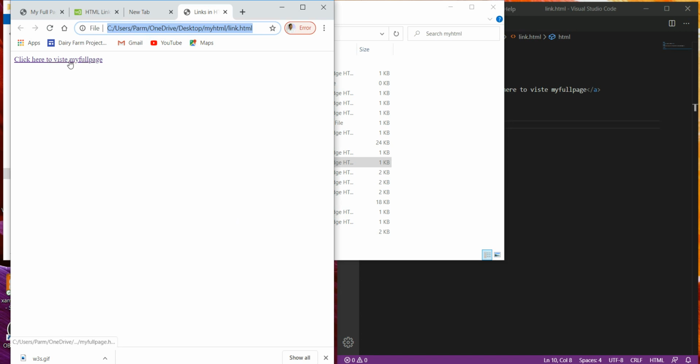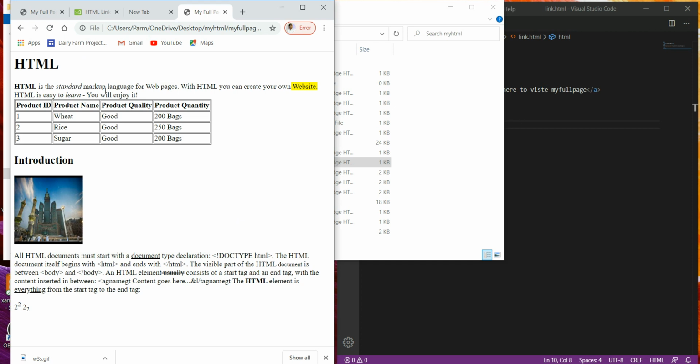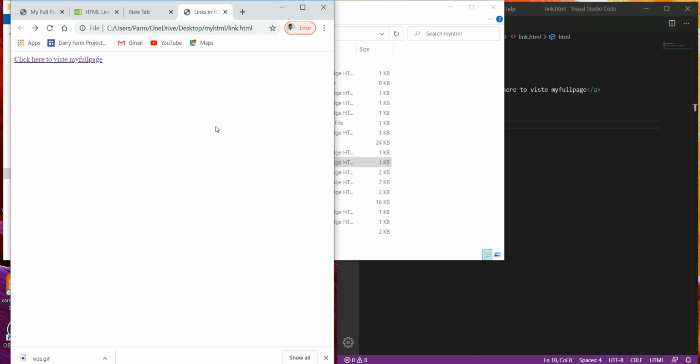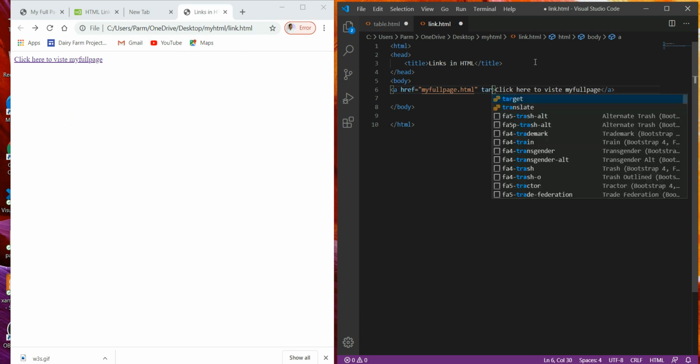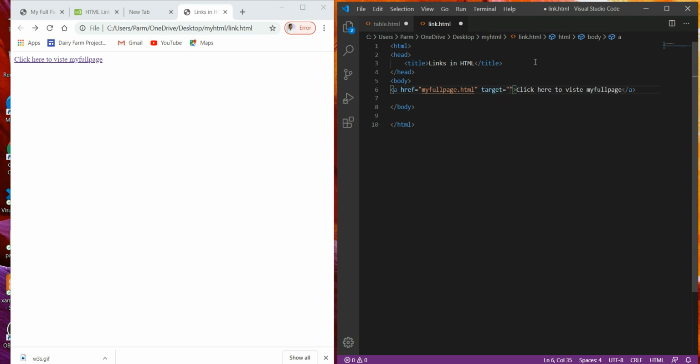If we click on this, we will see a file with the name my full page.html. So this way a link is created in HTML. If we want this link to open in another window, for that we have to use another attribute of the anchor element, that is target. In the target we just have to write _blank. Save this,